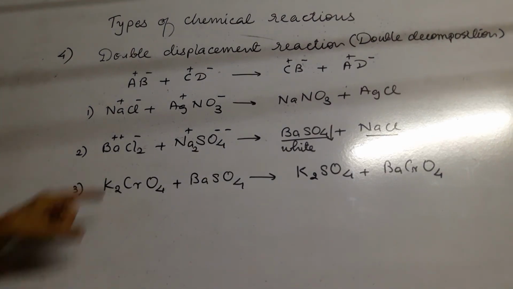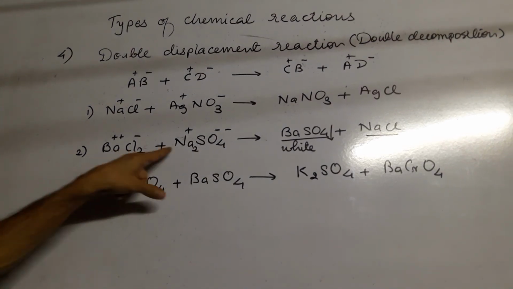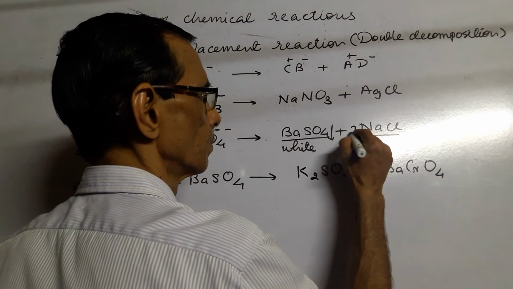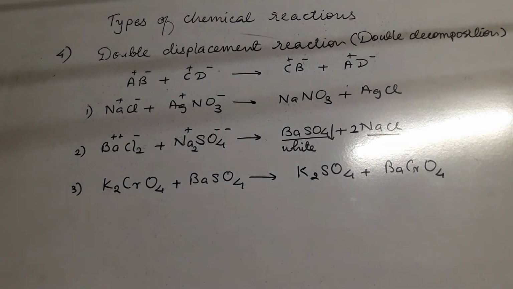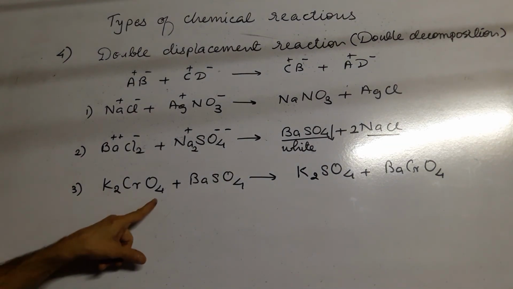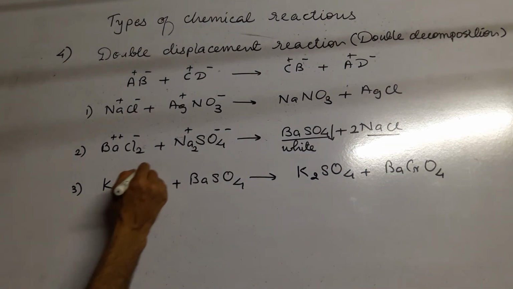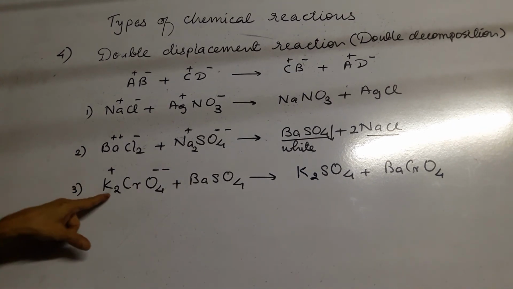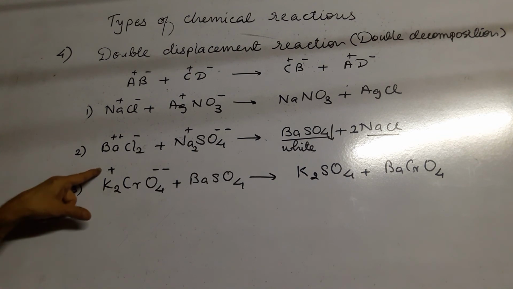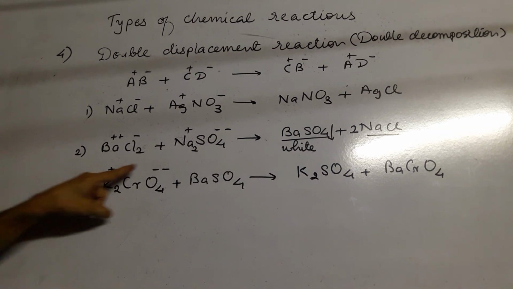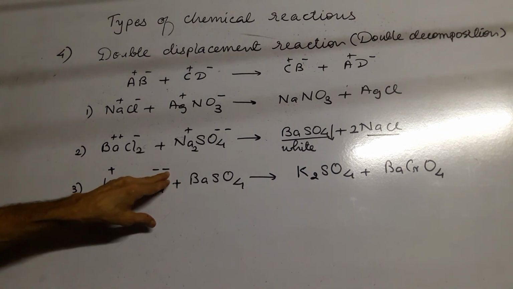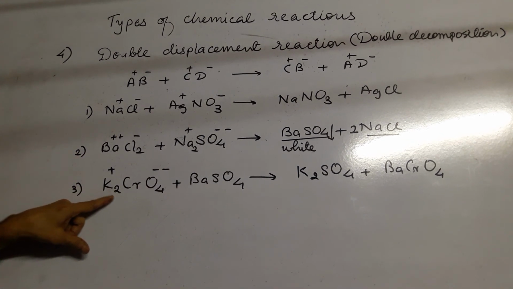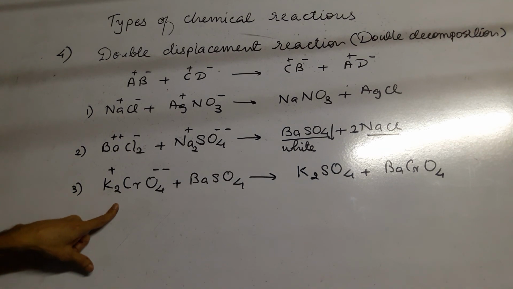Now let us balance this here. Chlorine 2 and sodium also 2, both are 2, so let us write a common 2. Next one, this is called potassium chromate. Chromate has 2 negative valency, potassium 1 valency, and to balance the 2 charges with 1 charge, potassium needs 1 more atom. So here 2 atoms of potassium are there.